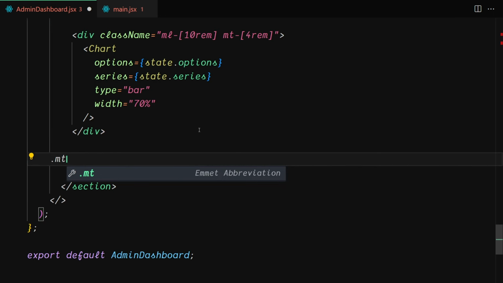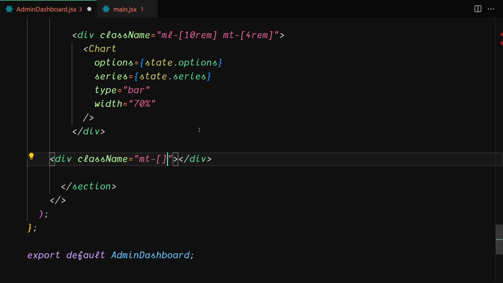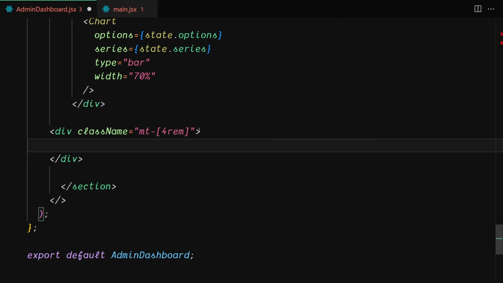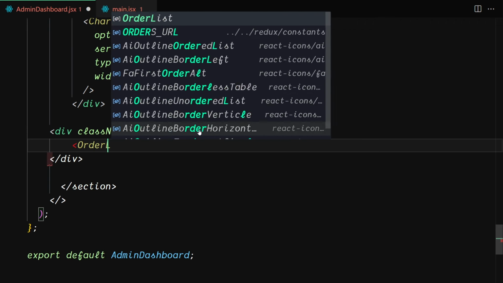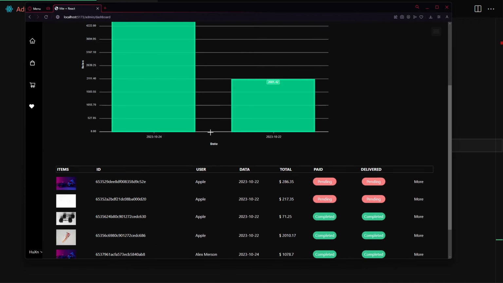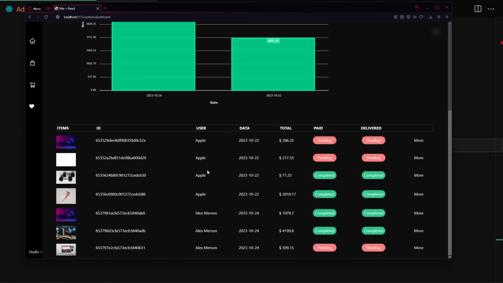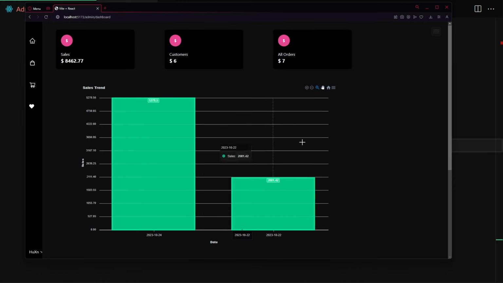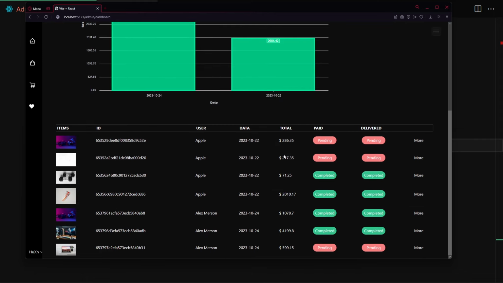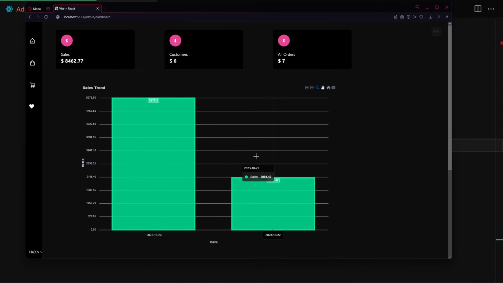I'm gonna also provide margin for a top of 4 rem, and let's just also render all of the orders, which will be the order list. And there we go. Here you can see we have all of the orders, like the item and also the ID and also the user who did their order and all of that specific item right here. So that was it for the admin dashboard,